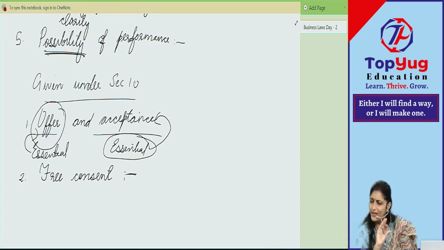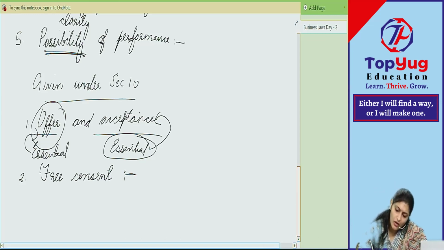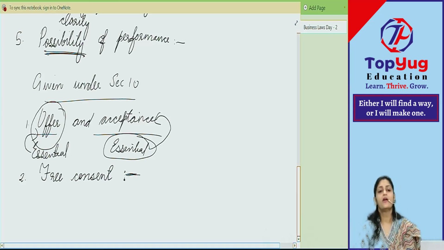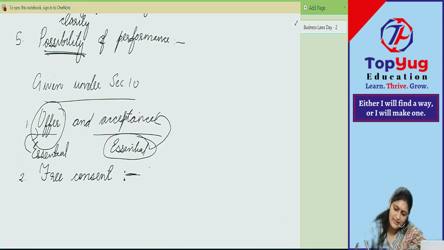Now I'll tell you briefly why, because if we go deep into this, it will take a lot of time. There obviously we'll have to see each and every point deeply. So briefly I'll just tell you the brief meanings of everything. Now, when is the contract considered to be free of consent? When it is entered